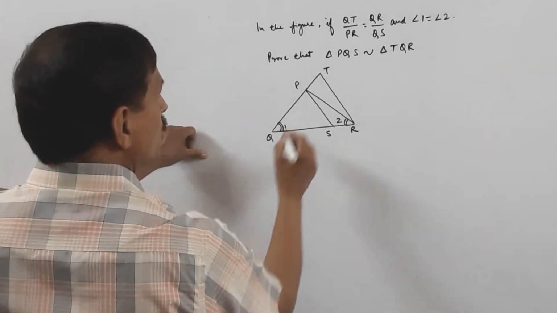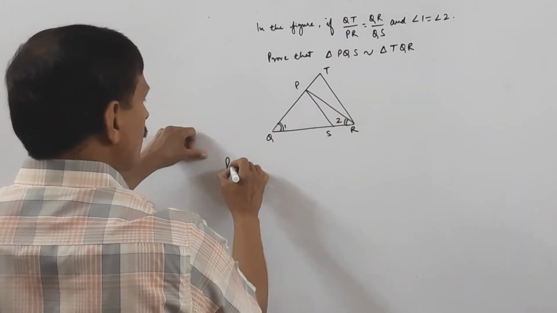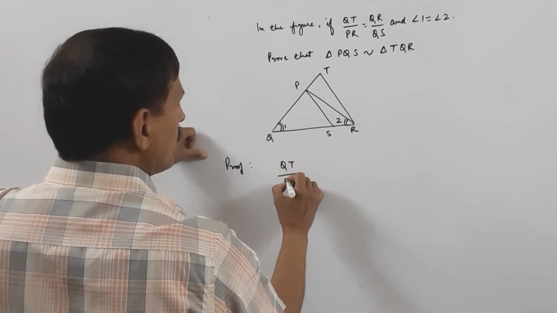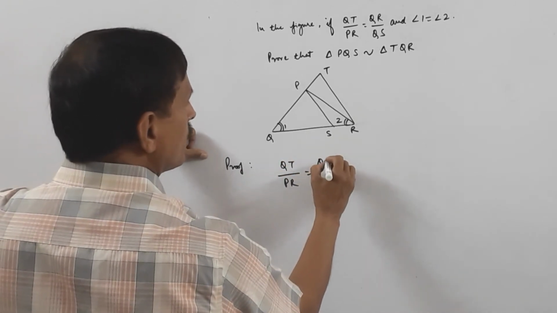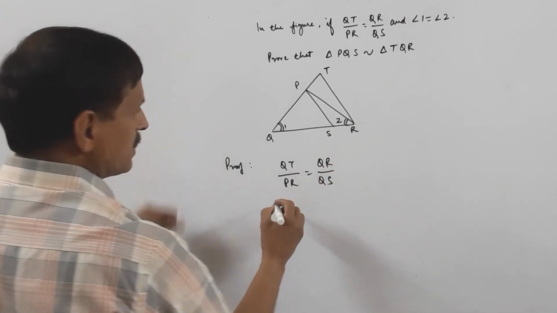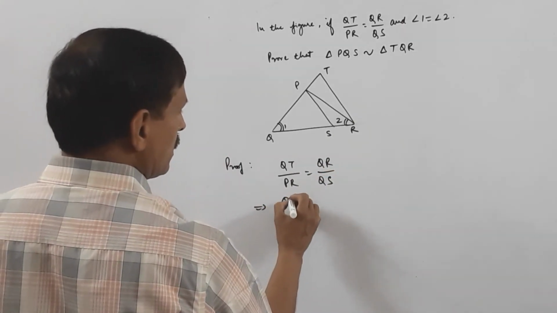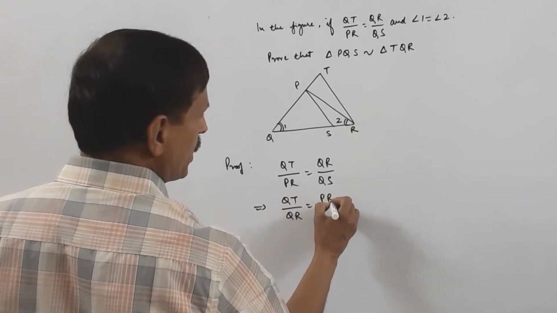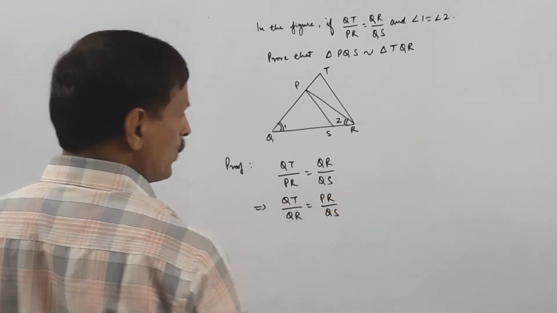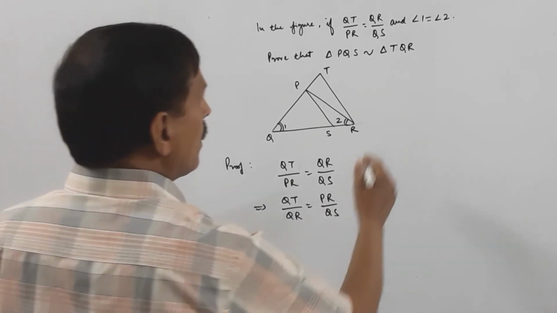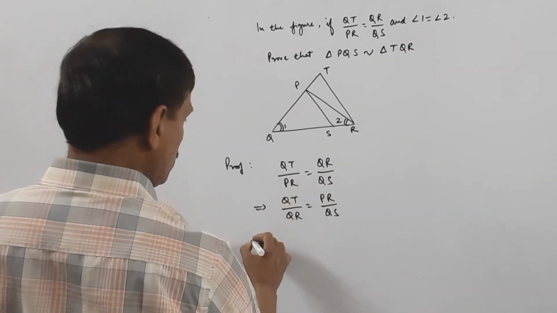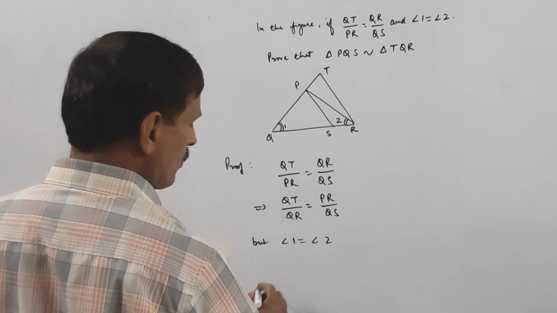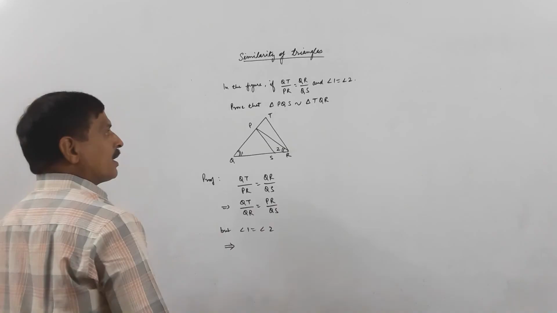Now we are given QT upon PR is equal to QR upon QS, which implies QT upon QR is equal to PR upon QS. Angle 1 is equal to angle 2 implies